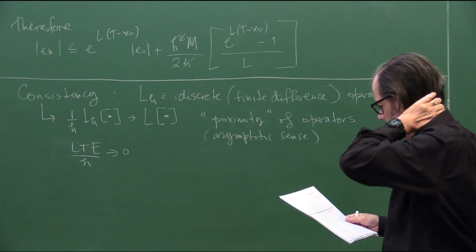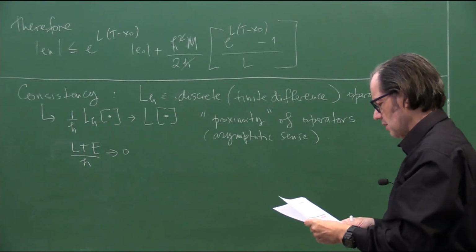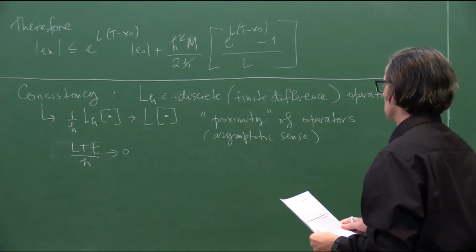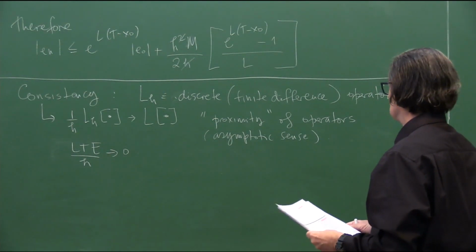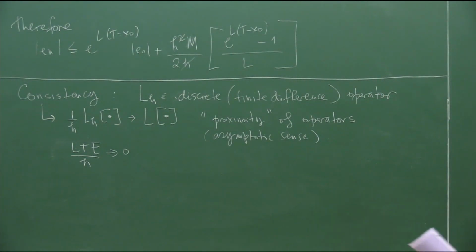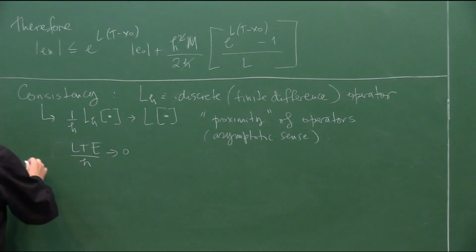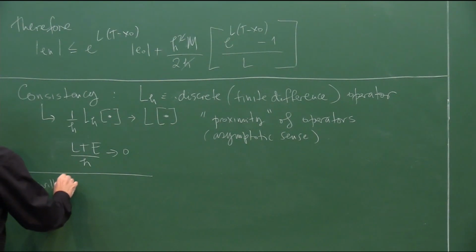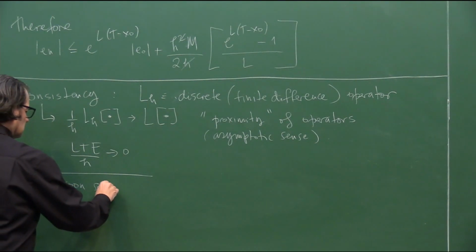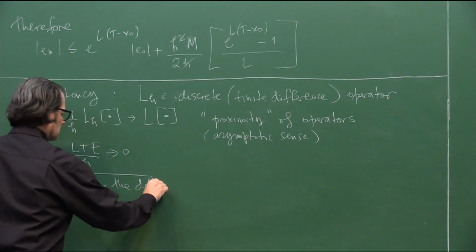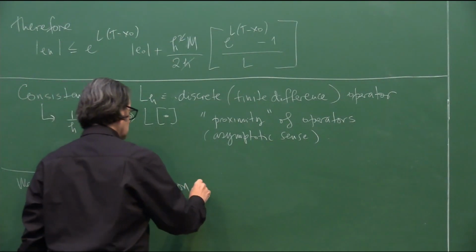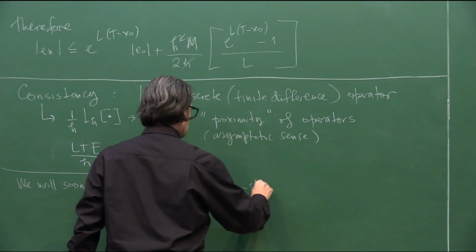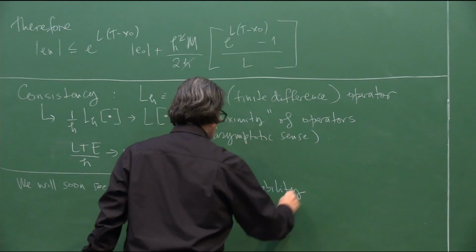Okay, so let's see how I do this. I don't want to erase. Let me go to the other board, because then I have to write. So we're going to put just one thing here: consistency. And we will soon see the definition of what's called zero stability,